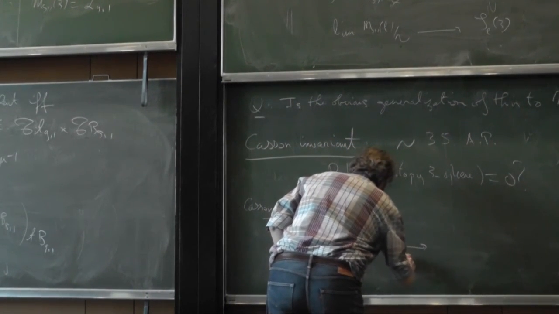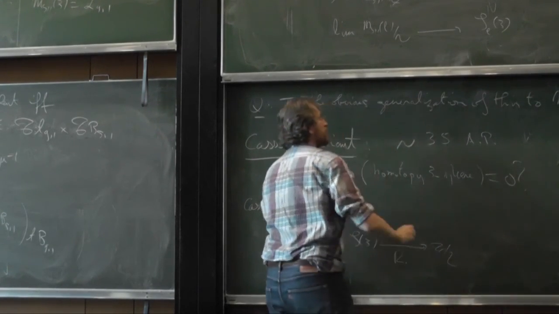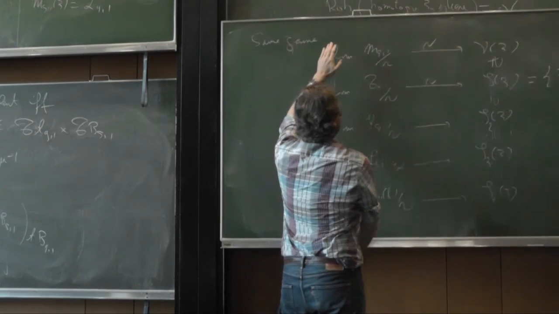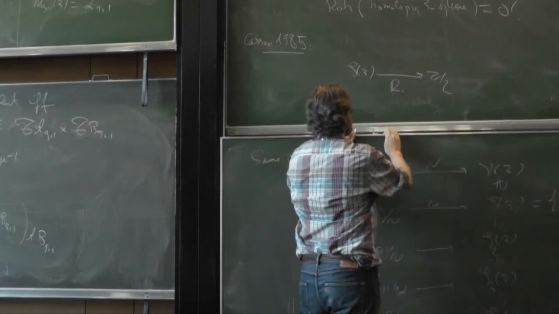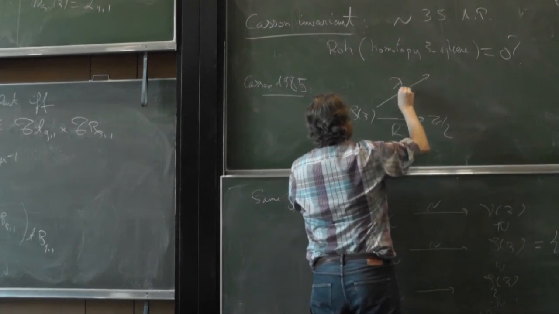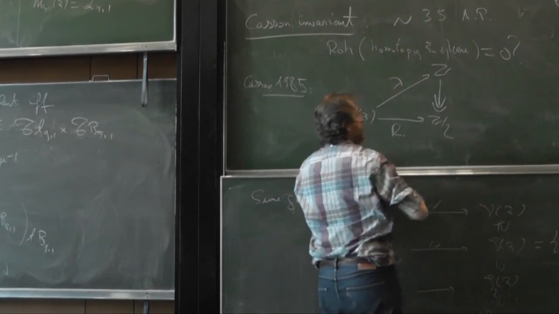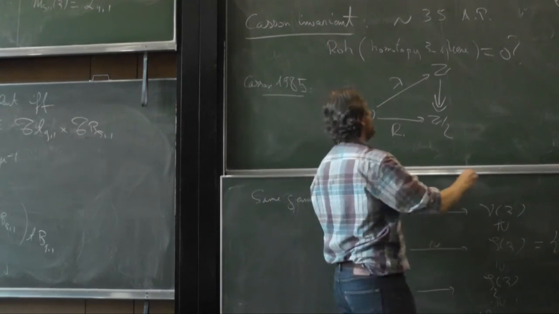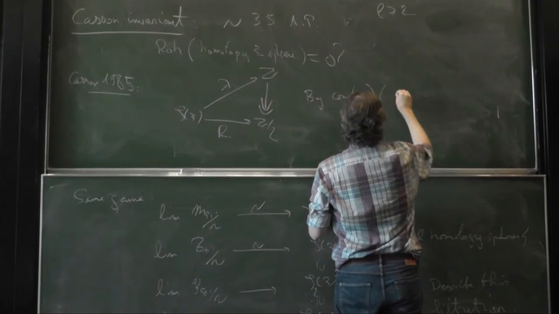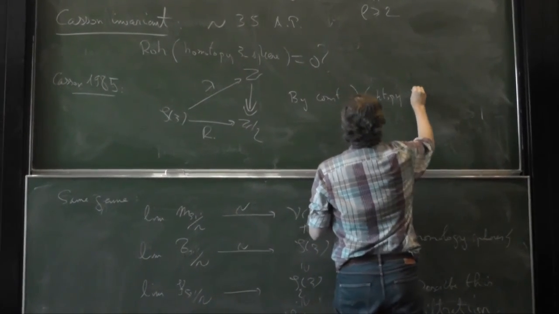So the Rohlin invariant R is an invariant mod 2. He has a lift into an integral invariant, which by construction, lambda of a homotopy 3-sphere